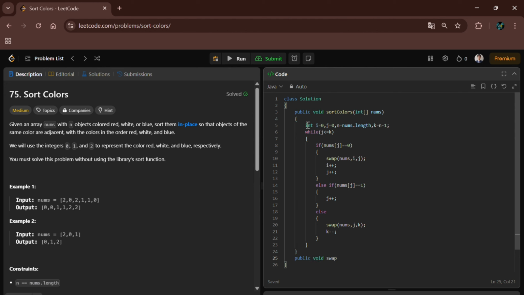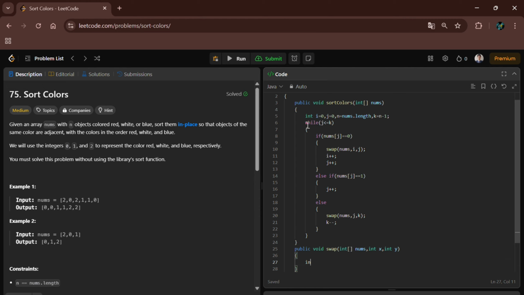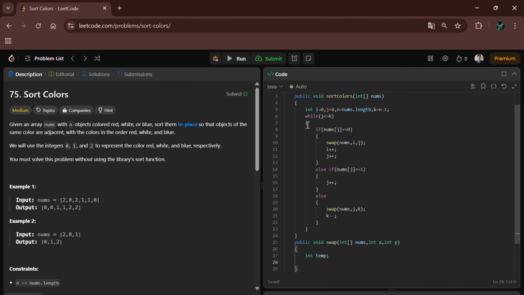void swap, integer array nums, and int x comma int y. These are the two elements. Then we will use the 3 steps of swapping numbers. This swapping of two numbers is very easy, you also know it. Int temporary variable. Then we will make here nums of